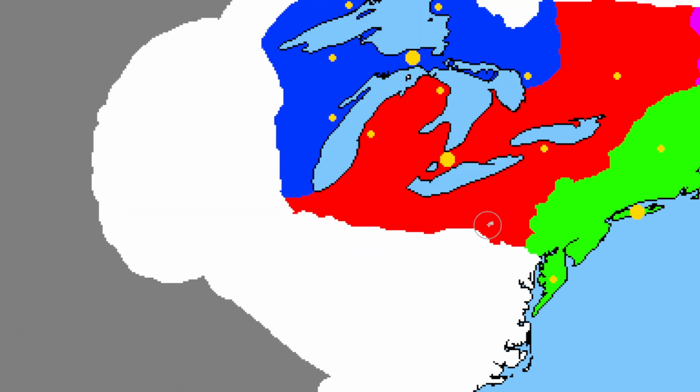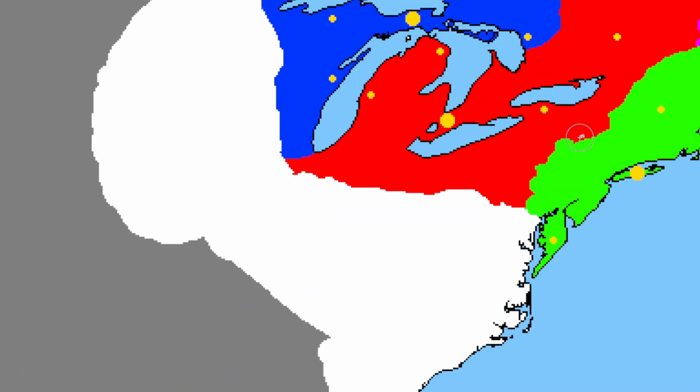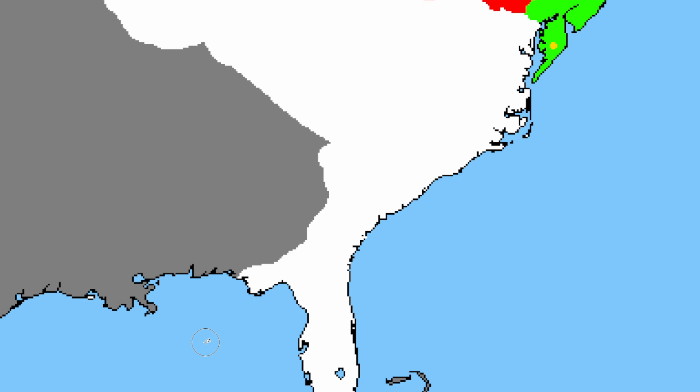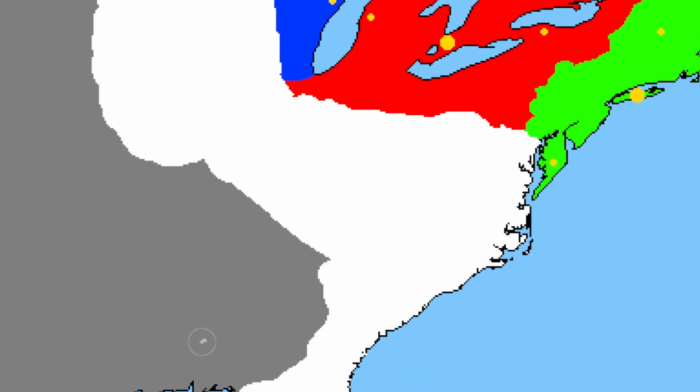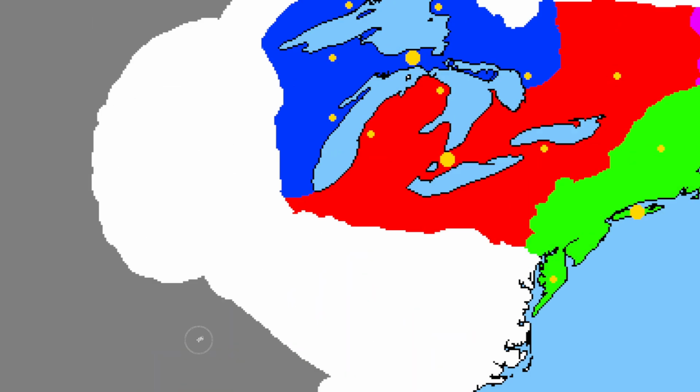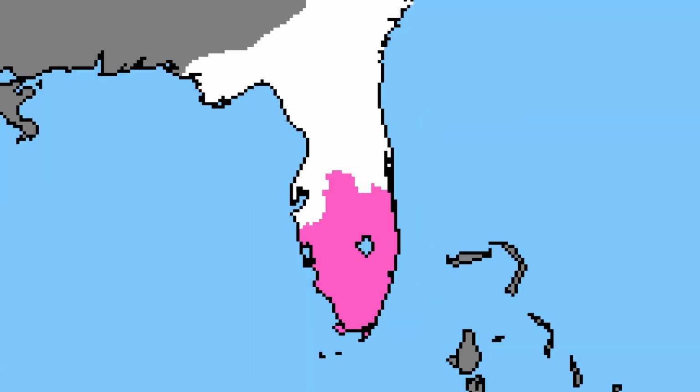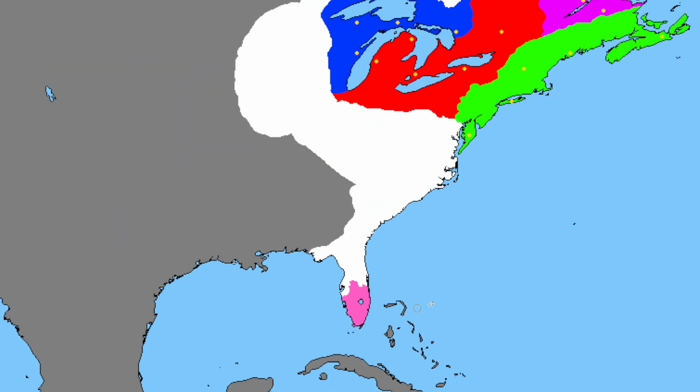But this time, rather than hiding it from the red team, the pink team are just gonna be like, you know what? We're breaking away. We're forming our own country. We want to be peaceful. We want to vibe. Leave us alone. And the green countries will be like, all right, we're gonna focus on controlling this land over here. We see the formation of the pink team right here, situated in Florida.